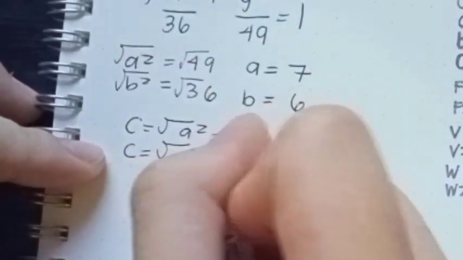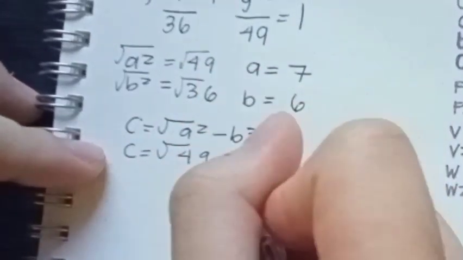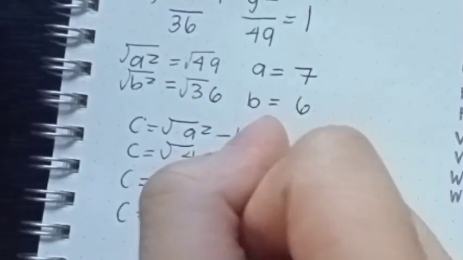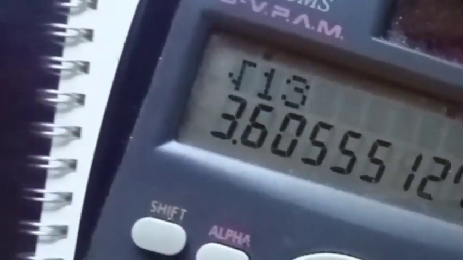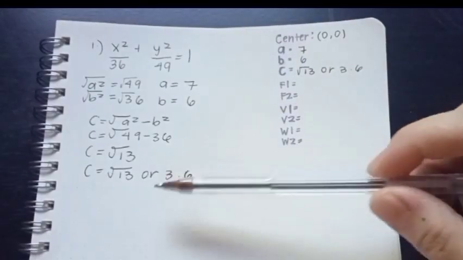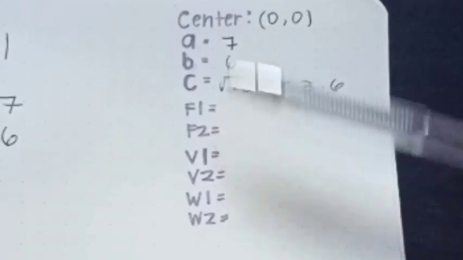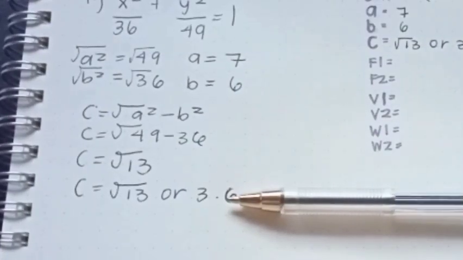c squared is this: 49 minus 36. 49 minus 36 is equal to 13. The square root of 13 is about 3.6. Now we know the c. To get the foci, focus 1 and focus 2, we need this, which is the distance from the center